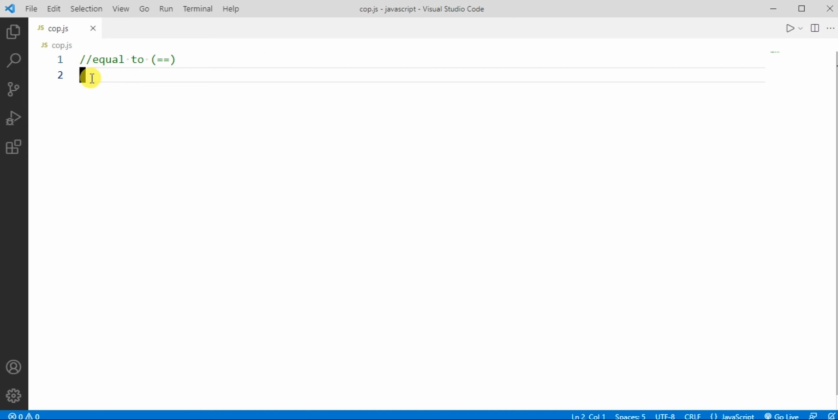The equal to comparison operator is also known as the equality operator and it gives true if the operands are equal. So let's start with it. First, let me declare two variables using the const keyword. Here I'm taking variable x and assigning value 10 to it, and I'm taking another variable y and assigning value 20 to it. Now let's write